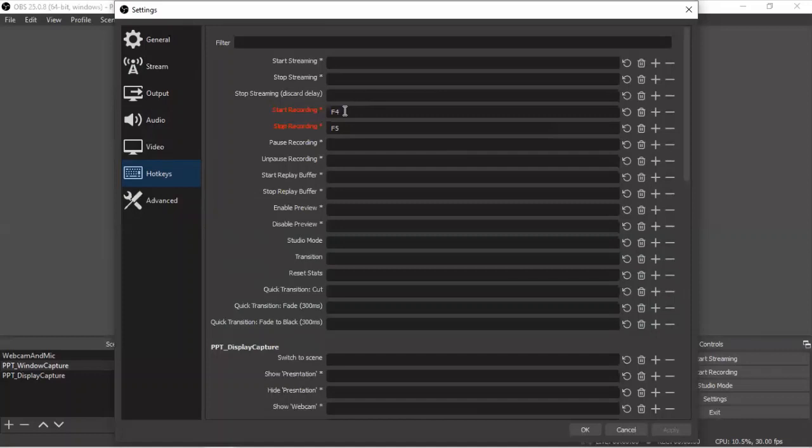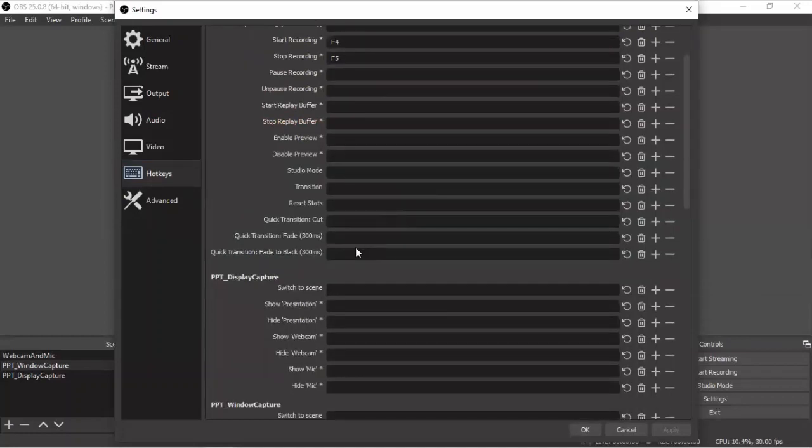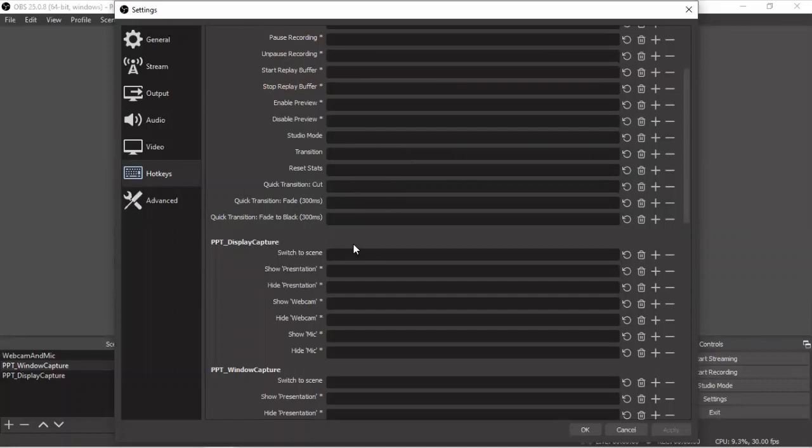So those controls you can do with the function keys. Here you can set as per your wish. You can set any of the function keys. I have set it as F4. For stop recording, F5.